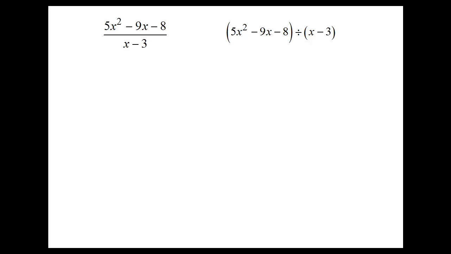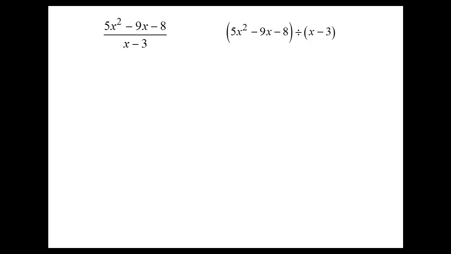Hi, we're going to look now at long division of polynomials. So here at the top of the screen we have the same problem written two different ways. Either way, we're going to do the problem the same way. It's just two different ways of writing the same idea. When we read this, we have 5x squared minus 9x minus 8, that whole thing divided by the binomial